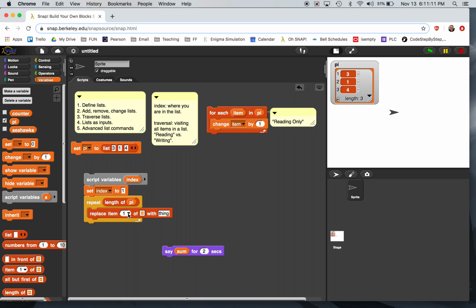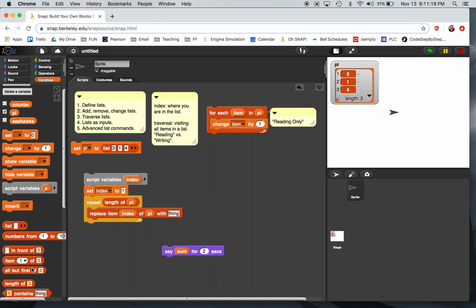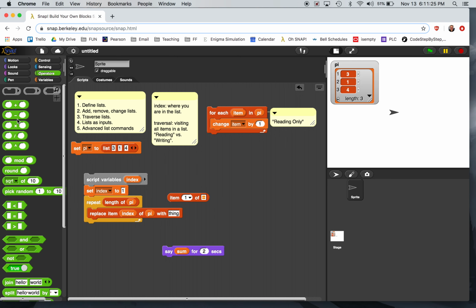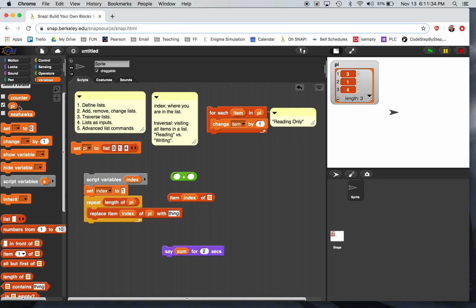Replace index of pi with, and then here's the kicker, buckle up, item... oh wait, hold on, let's go grab a couple things here real quick. Let's get everything we need, then we'll talk about it. I want to get the item that's at my current index, so I'm going to say item at index of pi